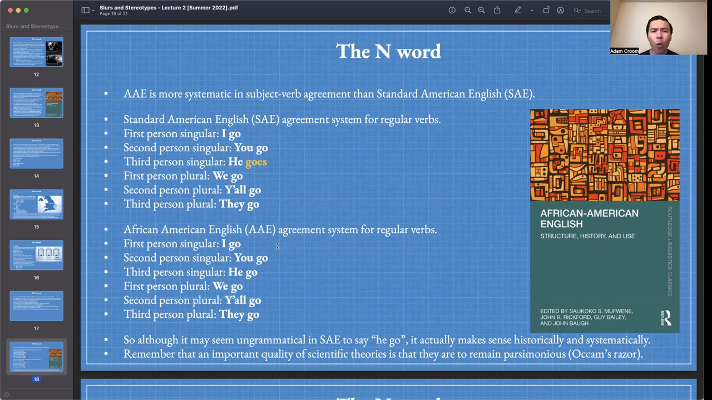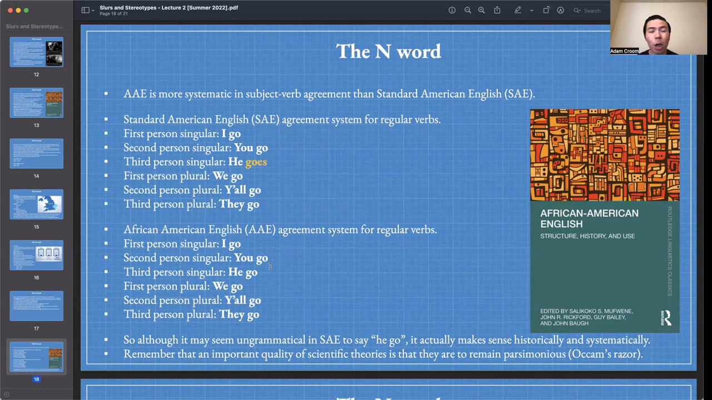Although it may sound weird or unintuitive to us at first to say something like "he go to the store," you might say that's ungrammatical. But notice that's only from the standpoint of assuming Standard American English as a default, right? If we're thinking about African American English as a default, that's perfectly acceptable. And if we're choosing between agreement systems for regular verbs, we see that AAE is actually more parsimonious than